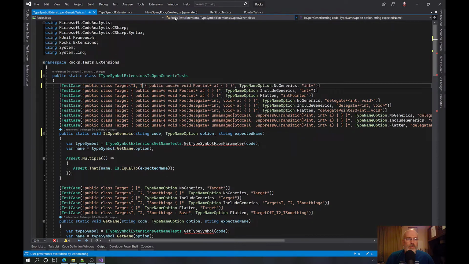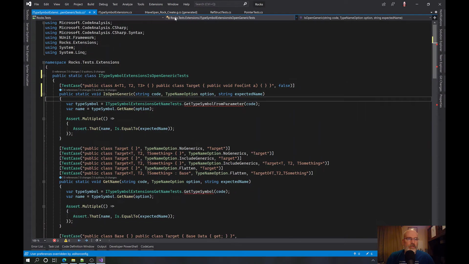Let's do this. Public class A. Whatever the name of the class is, doesn't matter. T1, T2, T3. And now we're going to have a public class target where what's coming in here is going to be int of A. And we don't care about this. We're going to say this is false. Okay, that's our first test.